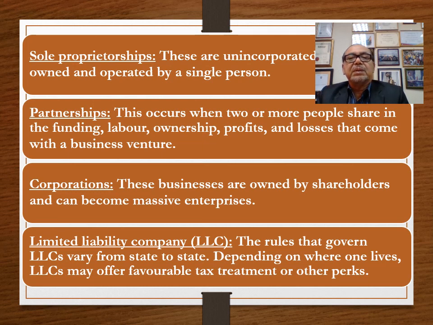For partnership, if there are two or more of you, you also register the same way as the proprietorship, but they call it partnership because it's more than one. So same concept. Then the third one is the corporation. This is what we say, the business is owned by shareholders and can become a massive enterprise. It can go bigger and bigger. So basically sole proprietor and partnership are for small businesses or for when you want to start businesses. But after you go big, you can change your company to a corporation.